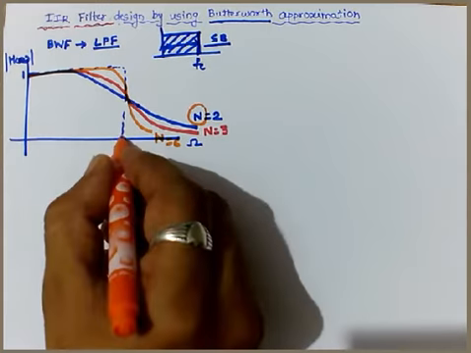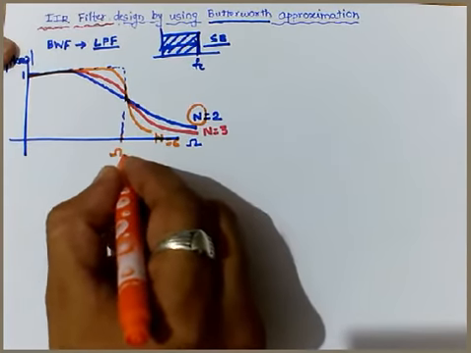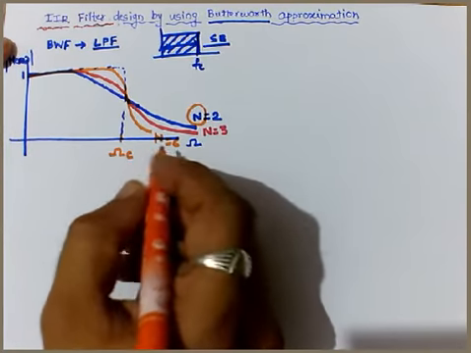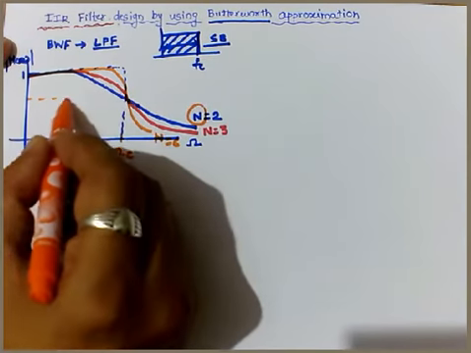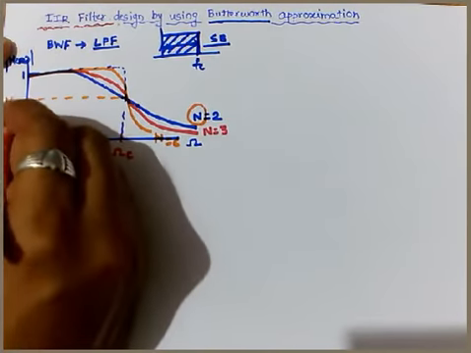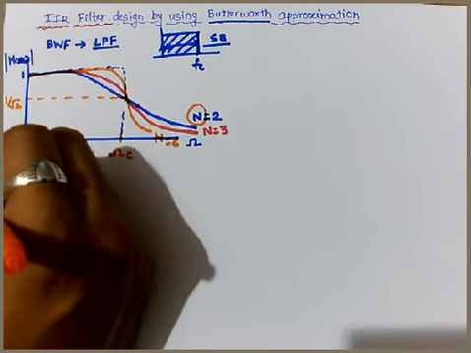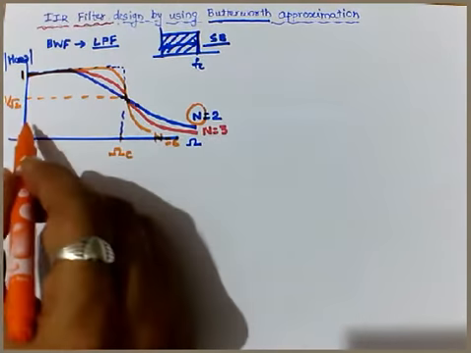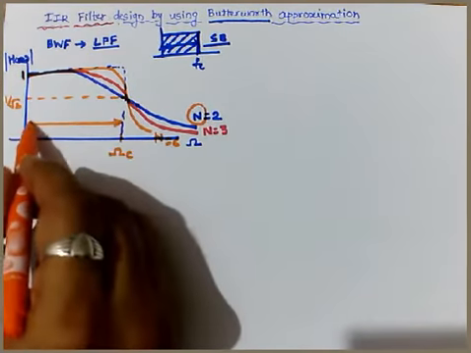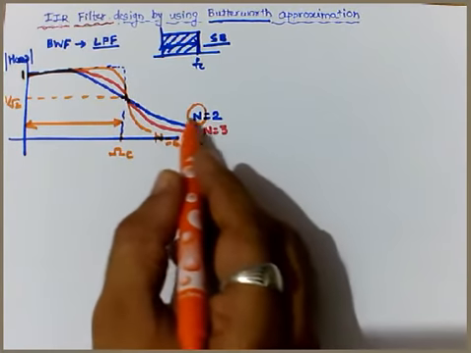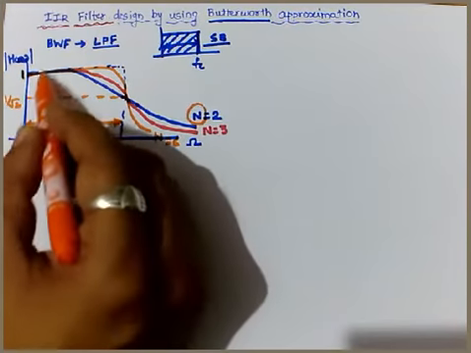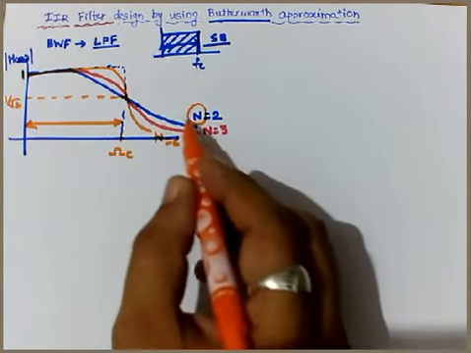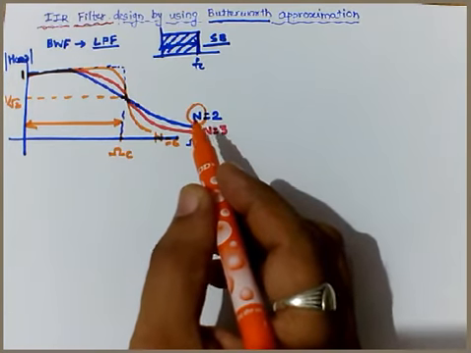In this case, this point is the ohm C, the cutoff frequency, indicated with C as a suffix. This is the point where the value is 1 by root 2, meaning 0.707 of the maximum value, that is 1. This is the pass band, and the rest is the stop band. When we observe certain ripples at the pass band, it will be the pass band ripple. Similarly, if there is a ripple at the stop band, it will be treated as a stop band ripple.